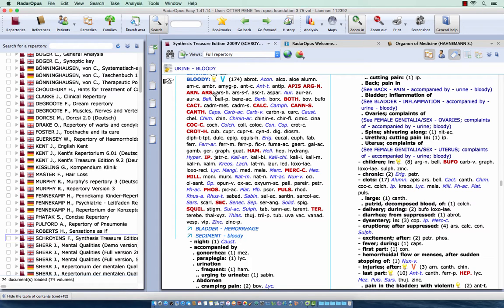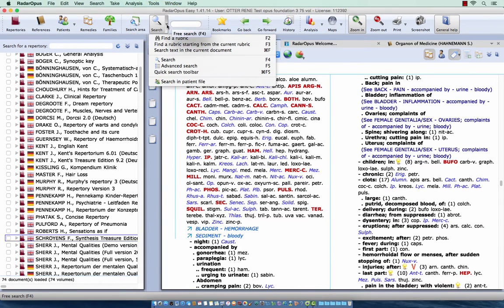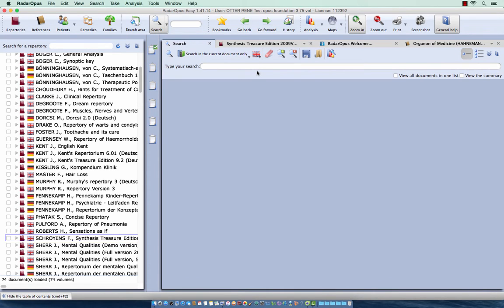I can open the simple search with the question mark on the keyboard, or you see here the icon search with the sub icon. This is the basic search with F4 or also question mark, and this is the advanced search. They work more or less the same. So I select here the search and I type here a word. So for example, urine, enter,